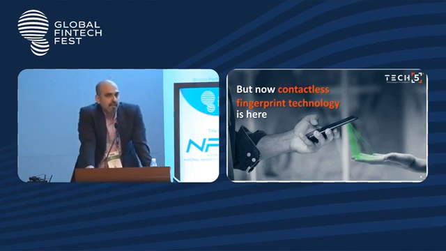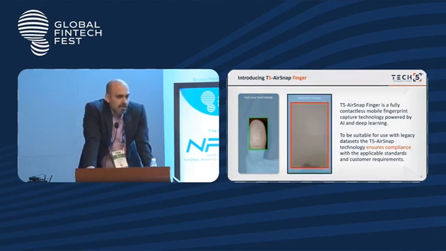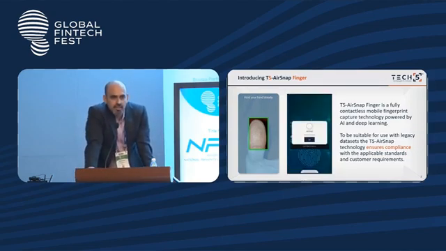The only reason for that is it wants to capture the full area because the sensor size is too small, right? So some of those challenges are already existing, which is why if you would have seen, most of these sensors today do not allow you to perform online authentication with the Aadhaar, right? Because they are not standardized as such. So having said that, this is just a short video of how a contactless technology looks like.